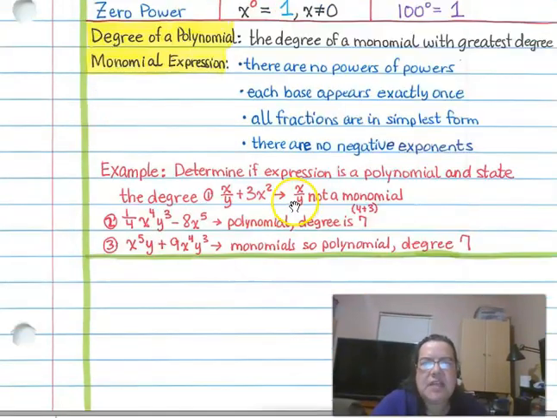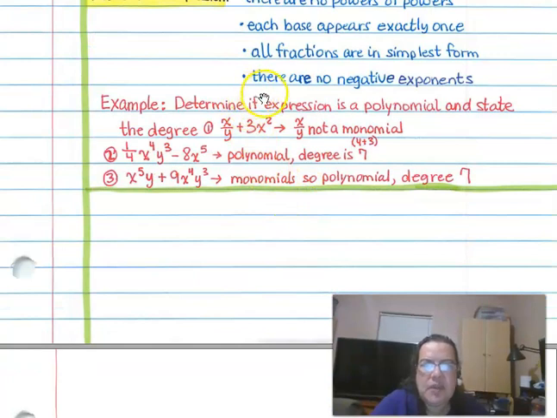So let's look at an example. I could ask you, determine if the expression is a polynomial and state the degree. All right, so let's look at this one right here. Is this a polynomial? Okay, so poly means many, so it's got many terms. So this has two terms. So yes, it's a polynomial, and I could also call it a binomial because it's got this piece and this